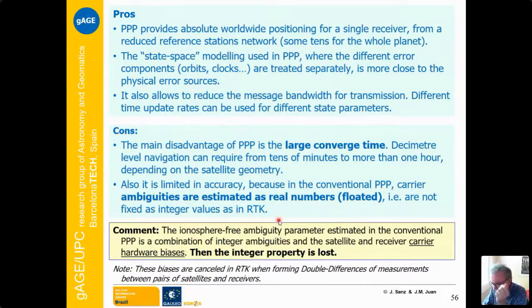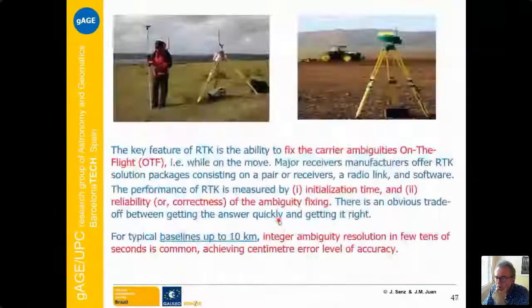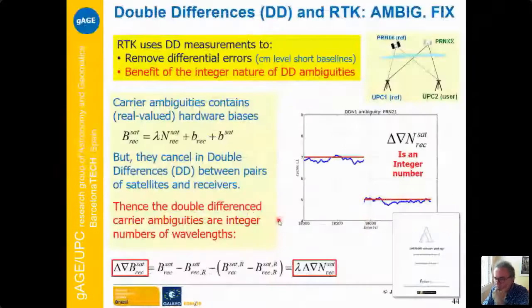Remember, in RTK, we took advantage of the double differences of the ambiguities being integer numbers, and then we can round off, and in this way,